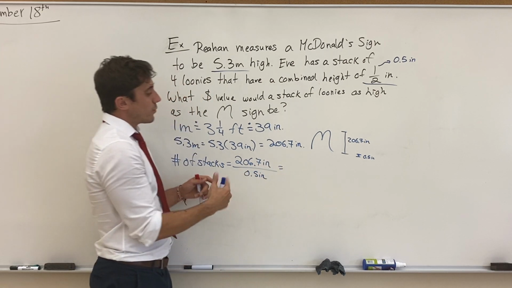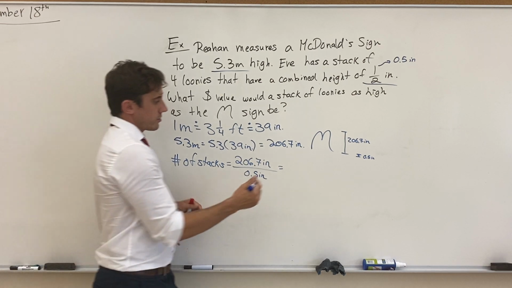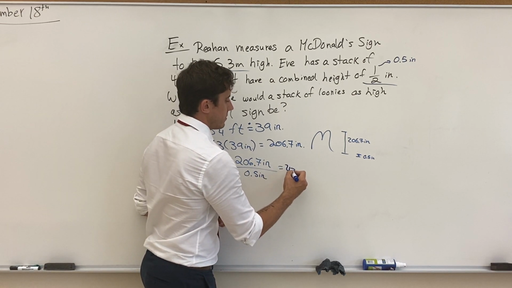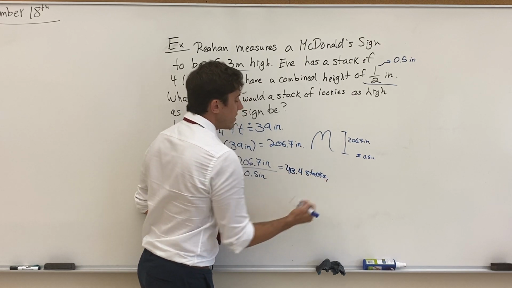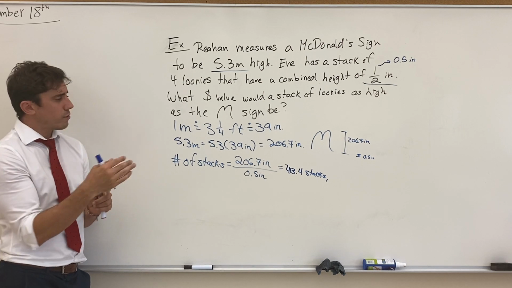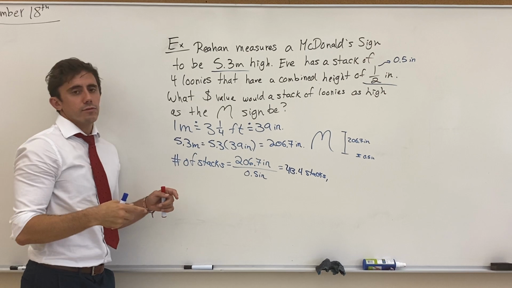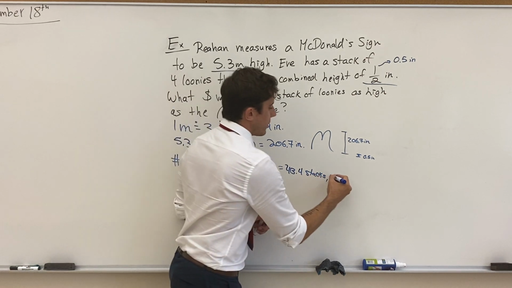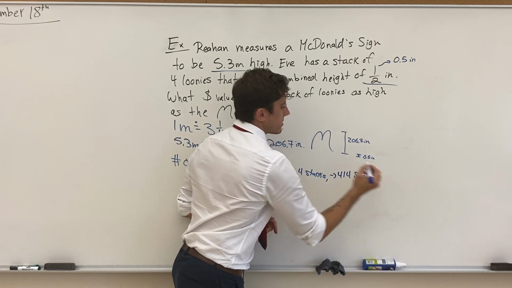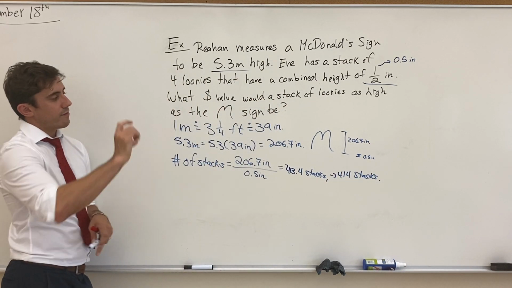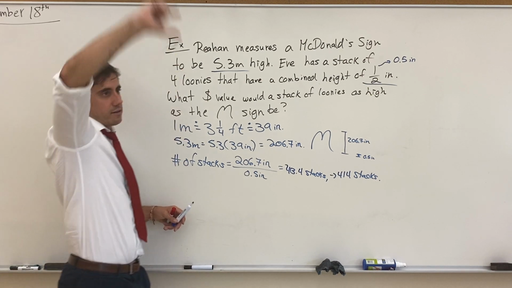But in any case, we'll see that this turns out to be 413.4 stacks. But we don't want to round down. We don't want to fall short of our goal of catching up to the top of the balance line. And so in situations like this, we're going to round up, and we'll say that it'll count 414 stacks, okay? So now we have 414 groups of four loonies piled up together to the height of the balance line,